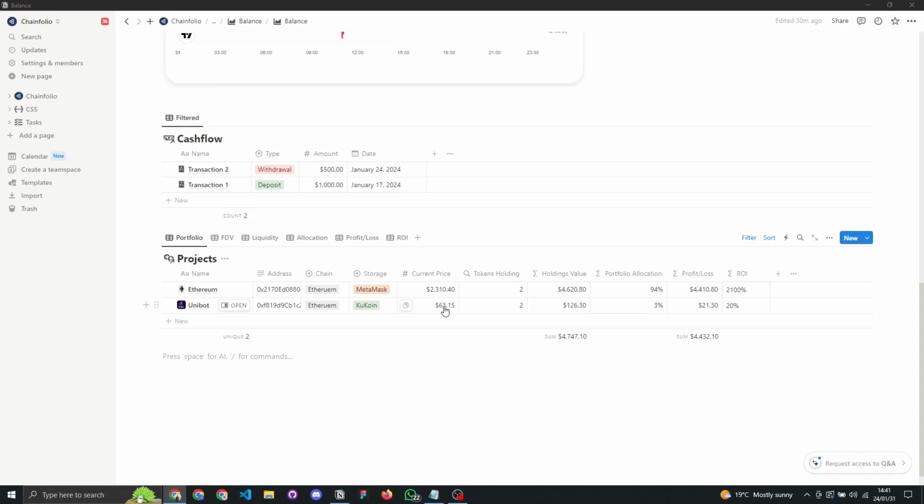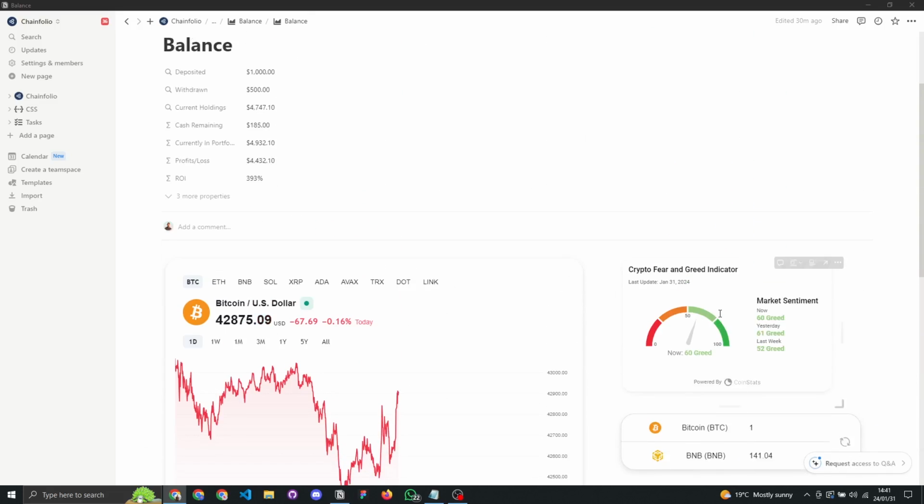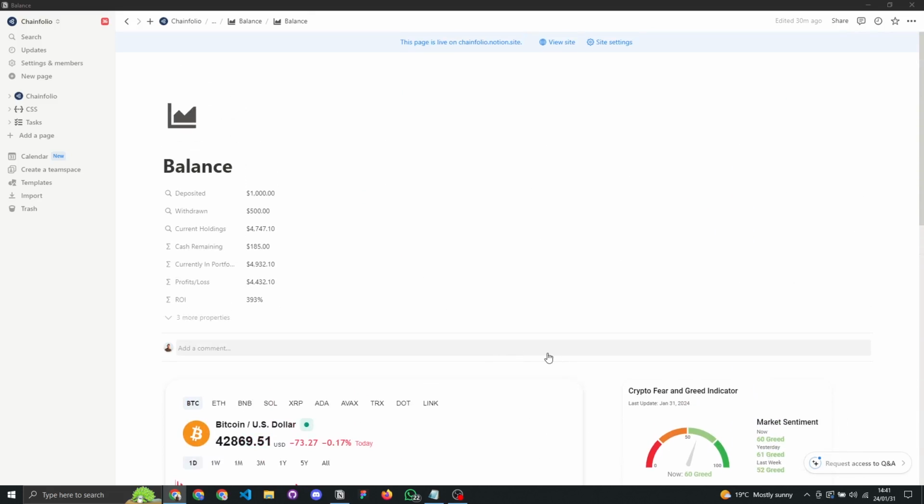Unibot's actually $63 now, so our total holdings value for it is $126 because it went up slightly. We have 3% of our entire portfolio money allocated towards Unibot, and our ROI, if we were to sell right now, would be 20% for this. And if we scroll up over here to see our overall portfolio stats, these numbers have changed to reflect what